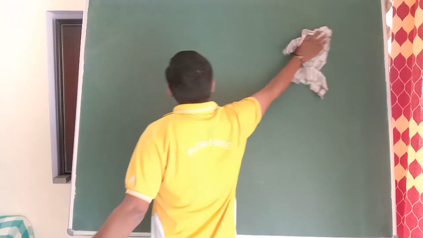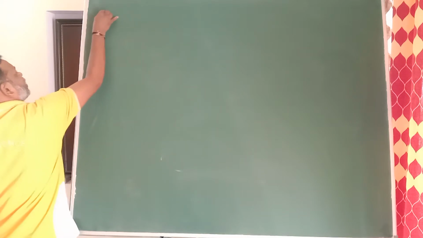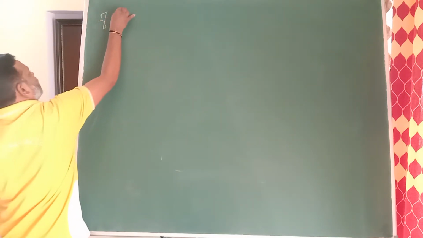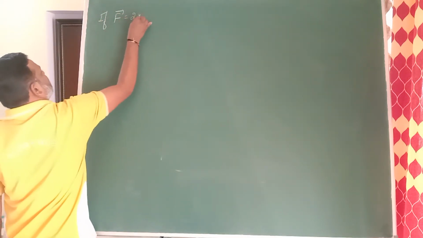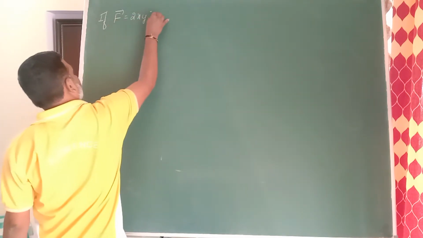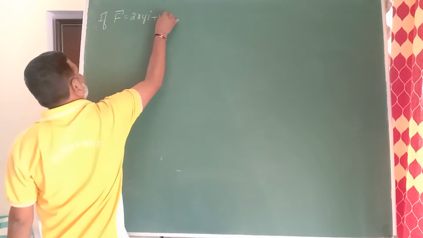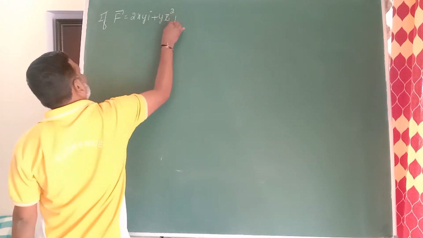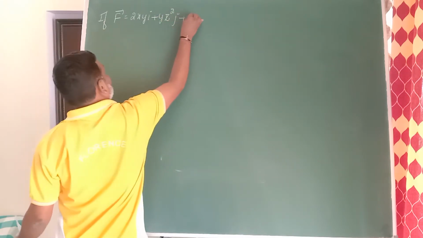Very simple problem. If F vector is equal to 2xy i cap plus yz square j cap plus xz k cap,